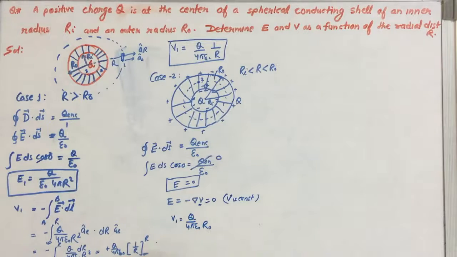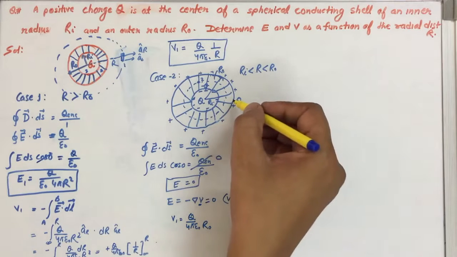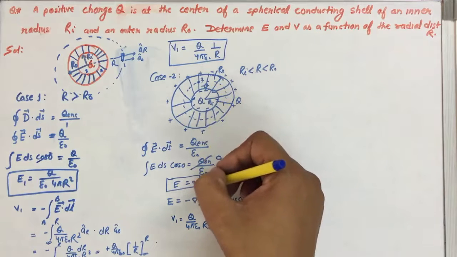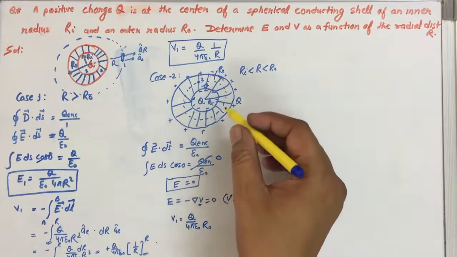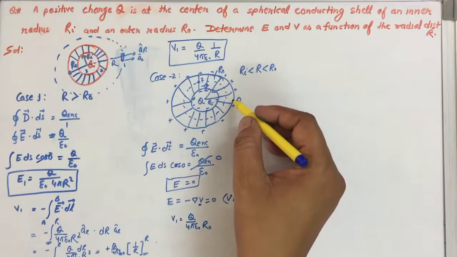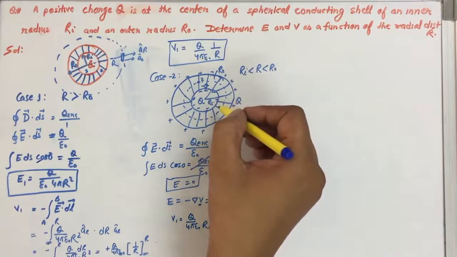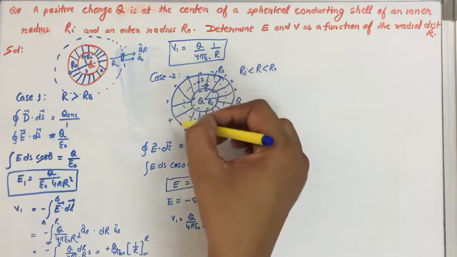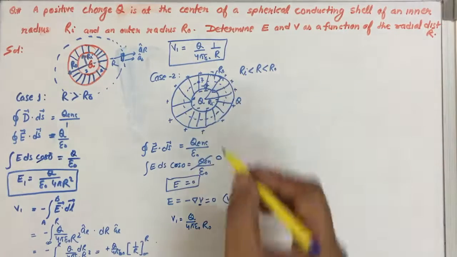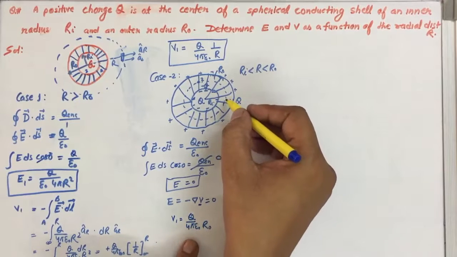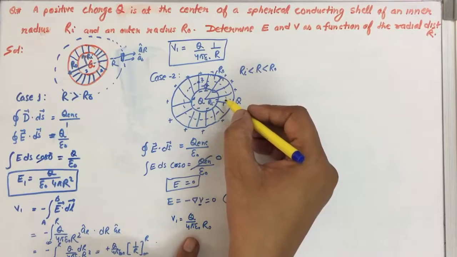And when we go just inside the surface, in that case E will be equal to 0, as we came to know from here. And if E is 0, it means the potential will remain constant from here. So from here to here, this thickness will be considered as an equipotential surface. So if we consider any point here, at that point the potential will be the same as this one, and if we consider any point here, then the potential will remain the same.